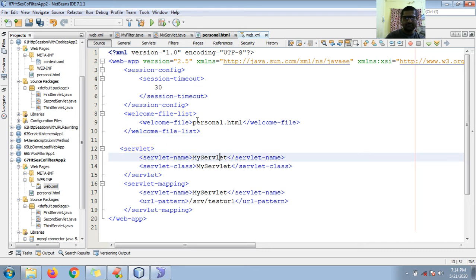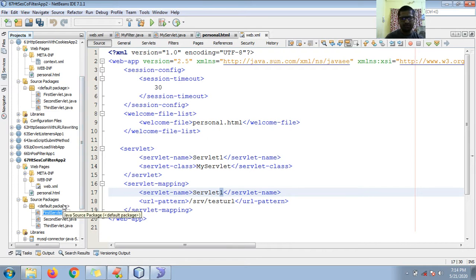Okay guys, so here is my servlet. I'll change it to servlet 1, the first servlet. F2, right click, copy, Control C, Control V. And what is the URL we have configured there?